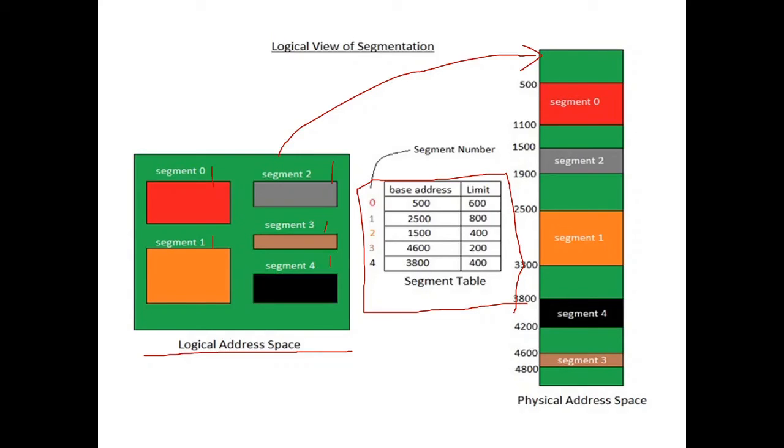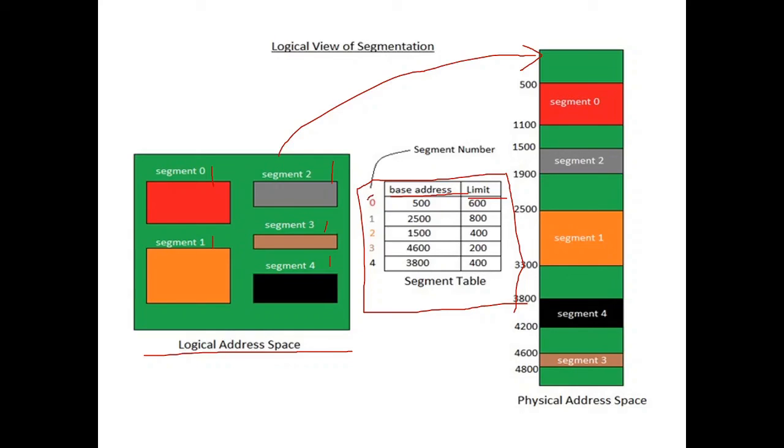Like how we need page tables: from the page table we understand in which frames the pages are placed. Same here, we need to know at which address the segments are placed, what their starting address is and what their ending address is, that is, which addresses they occupy in memory and until where. We can get all this information from the segment table. There are 2 entries in the segment table: one is the base address and one is the limit register.